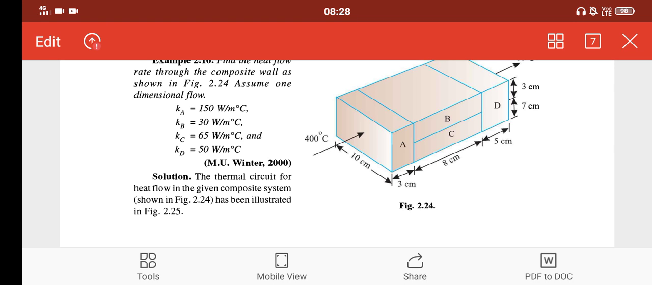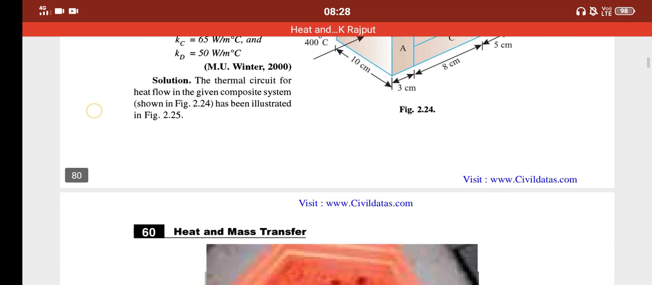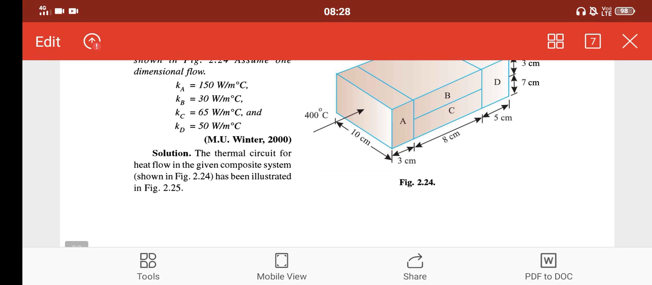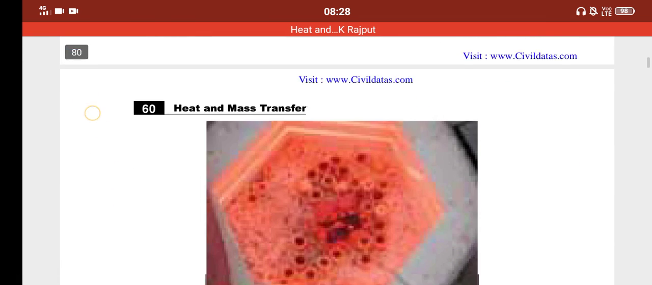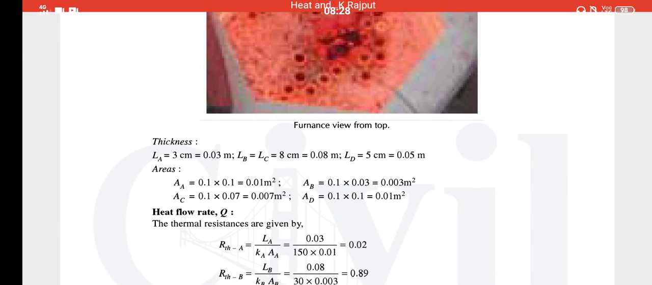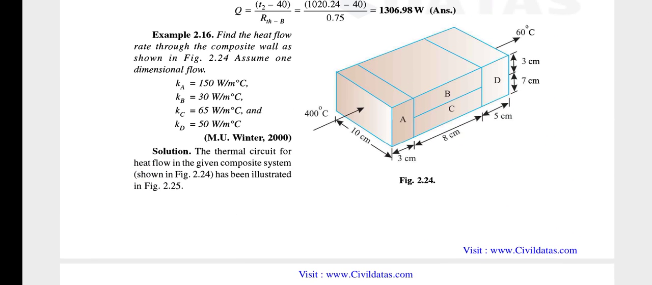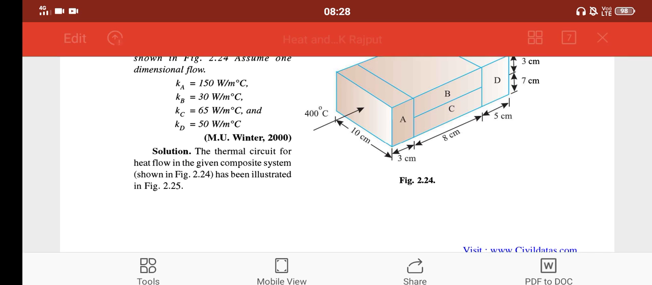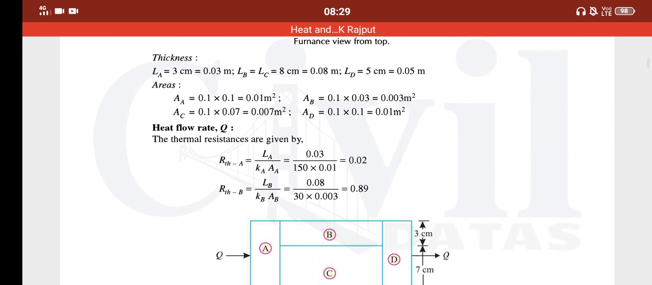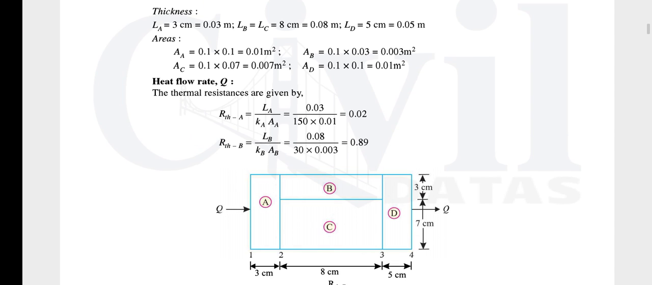for B the depth is 0.1. The breadth is 0.03. Now for C the breadth is 0.07. The depth is 0.1. So see here. And again for D the breadth is 7 plus 3, 10, which is 0.1, and depth 0.1. So length we have converted into meters, area we have found out, R thermal we will